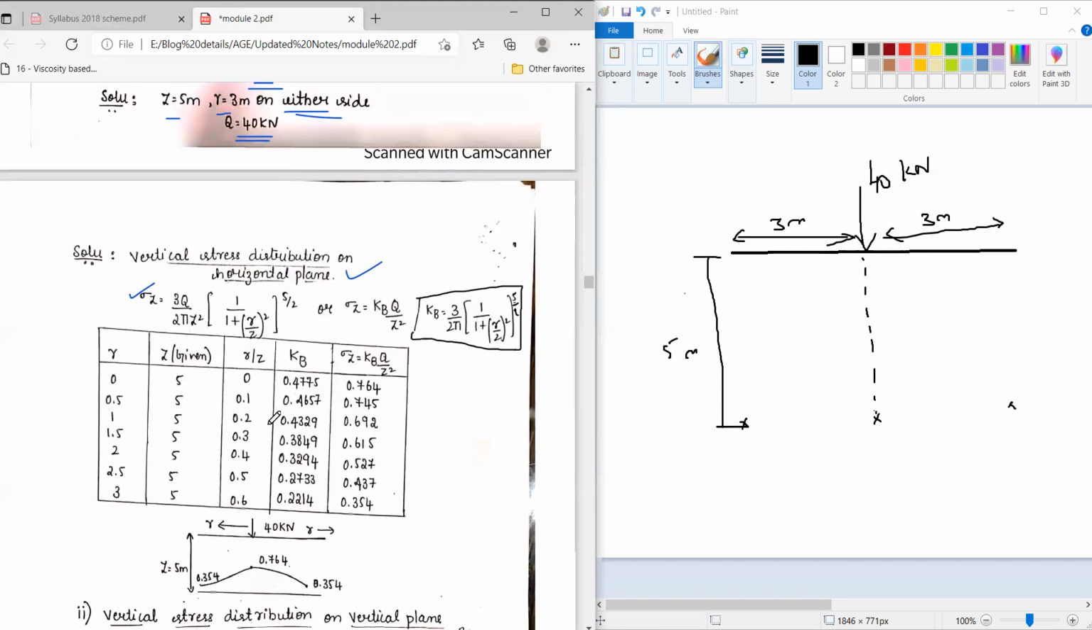After that, we need to form this table. Here, we need to take different radial distances starting from 0, then 0.5 with an interval of 0.5, 1, 1.5, 2, 2.5, and finally the last radial distance is 3, and z remains a constant value. That means at this depth we are calculating what stress is encountered. So depth remains the same, 5 meters. Then calculate the r by z value: 0 divided by 5 is 0, 0.5 divided by 5 is 0.1, 1 divided by